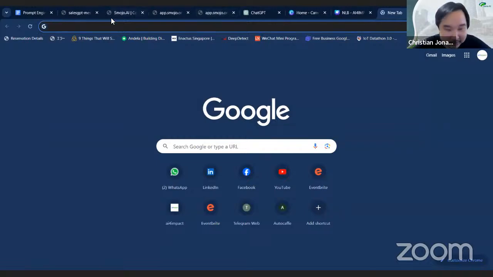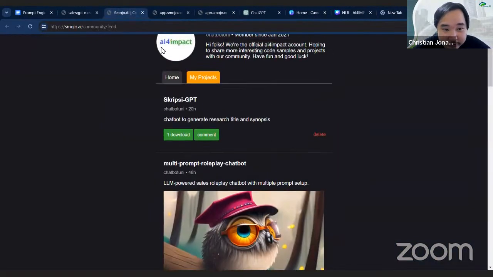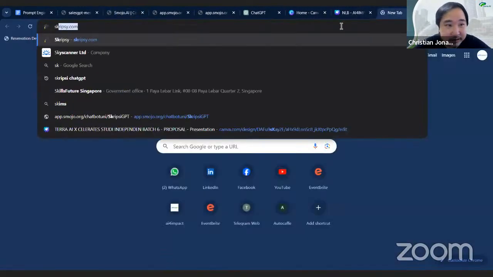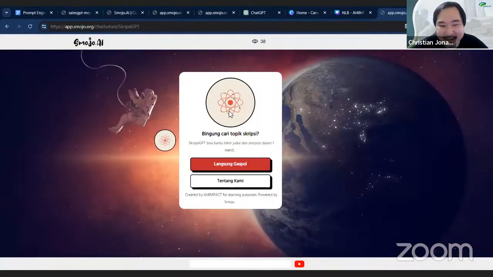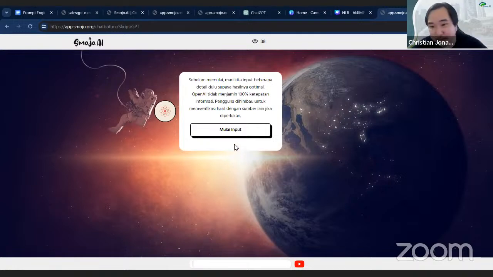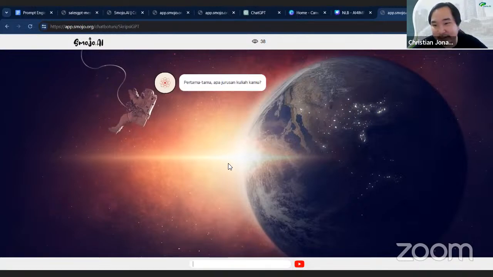I think I put it on. Yeah, it's called Scripsy GPT. Scripsy means FYP, and I use the same template, and this is in Bahasa Indonesia, but what it does is that I ask them about their